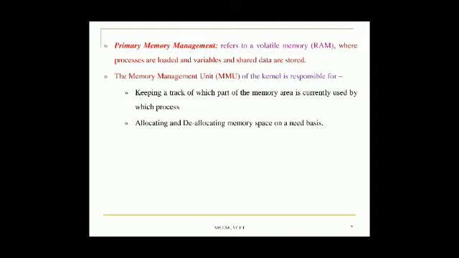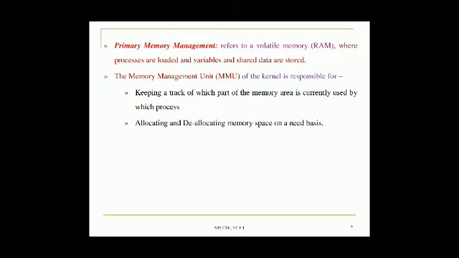Each and every process has to be loaded onto this volatile memory, and you know that a small portion of the memory is used for the particular task execution. The entire range of the memory is not allotted to one single task or process.